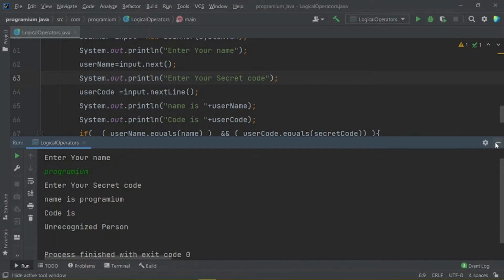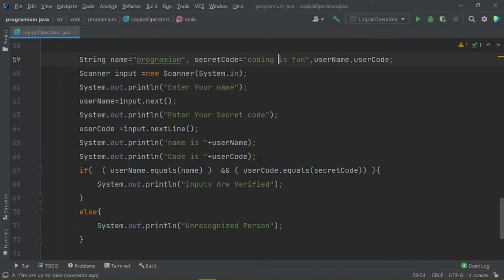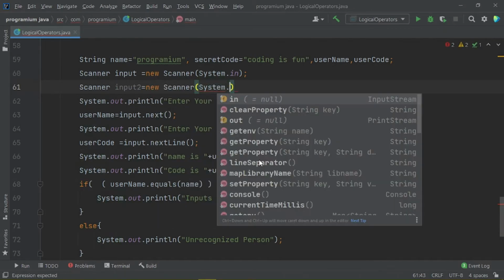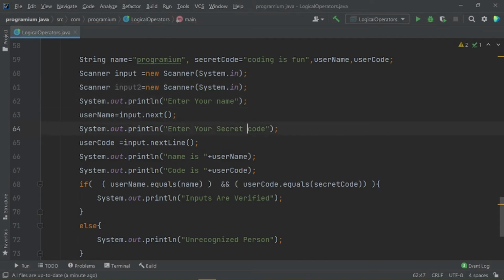So to deal with these kinds of errors, we are going to create another scanner object by the name of input2 equals new Scanner(System.in), and we will simply use input user code with input2.nextLine.